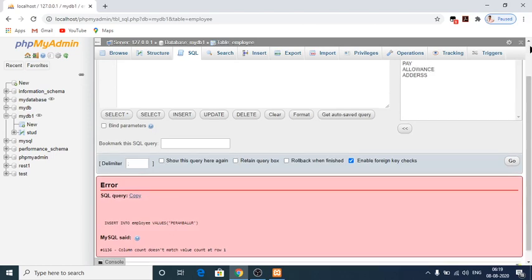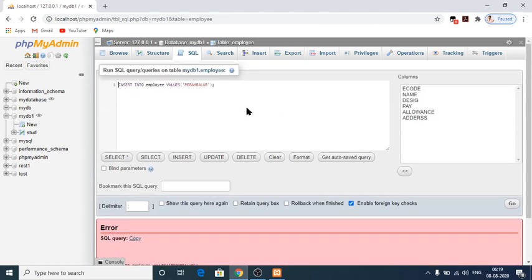So here we have to specify the column address. So now it will execute.